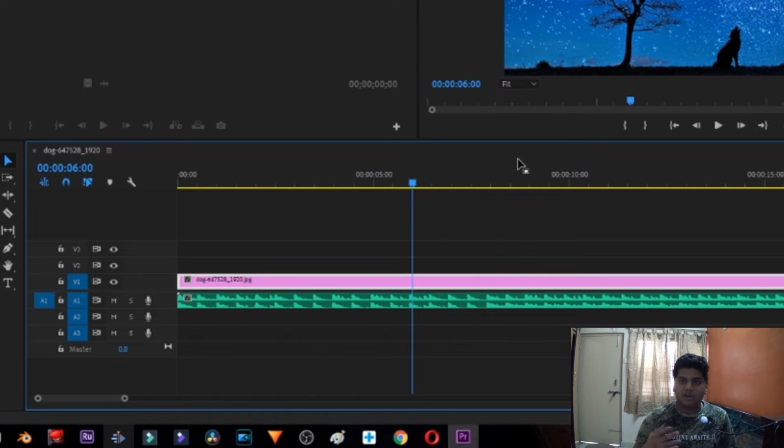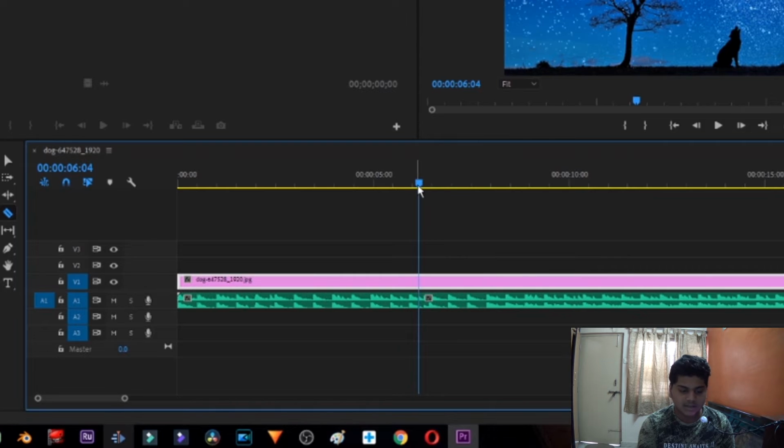Means I am talking right now and I am giving a gap like this, and I am talking again. So I want to remove that gap in between. To remove that gap, just go to the place where the first starting, or I want to cut. Just place it right there and just go to this blade option here. It is razor tool, or you can just simply click C, which is shortcut of it. And just click it anywhere you want to slice.